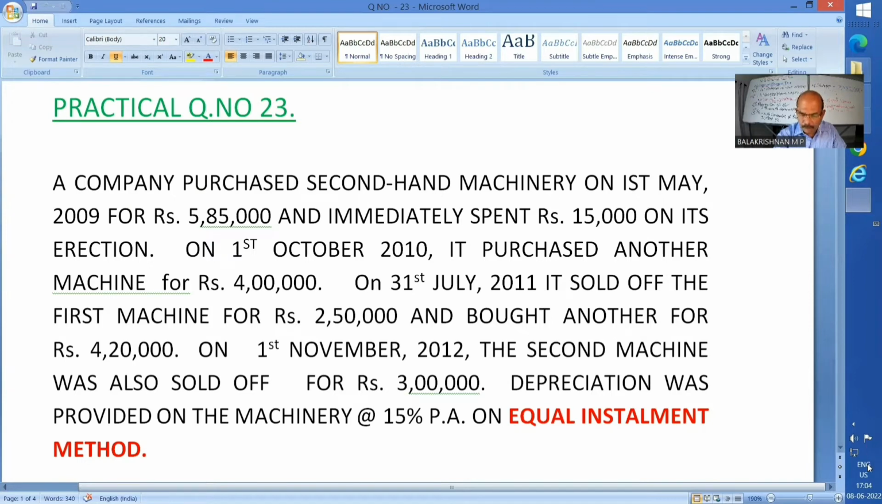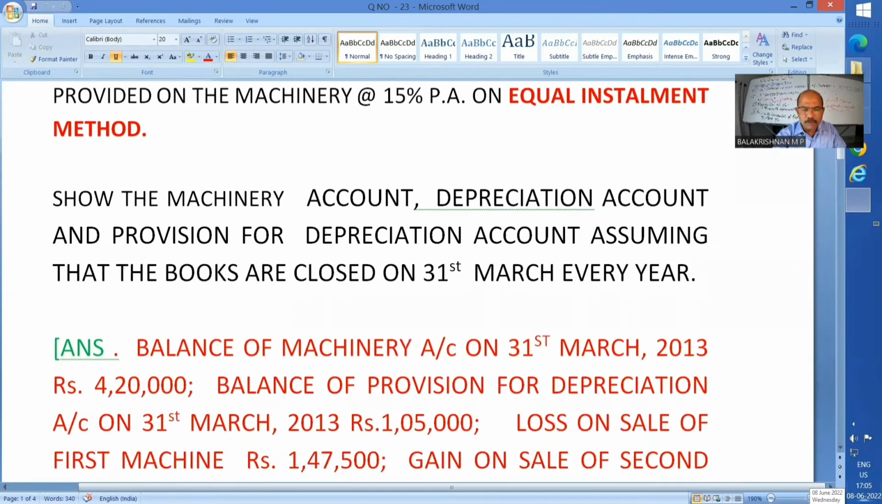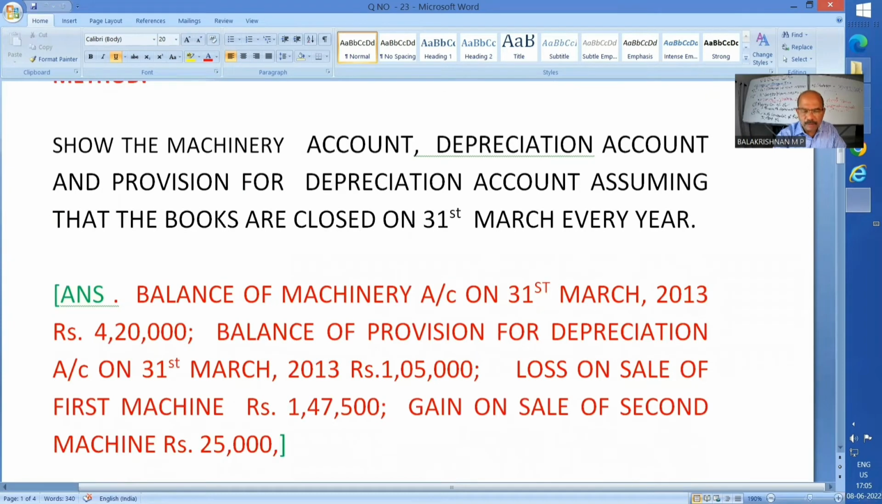On 1st November 2012, the second machine was also sold off for rupees 3 lakhs. Depreciation was provided on the machinery at the rate of 15% on equal installment method. That is nothing but the synonym of SLM or straight line method. Show the machinery account, depreciation account, and provision for depreciation account, assuming that the books are closed on 31st March